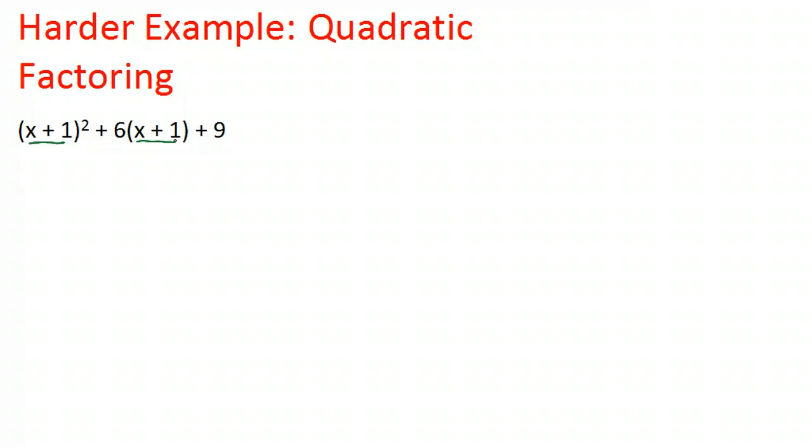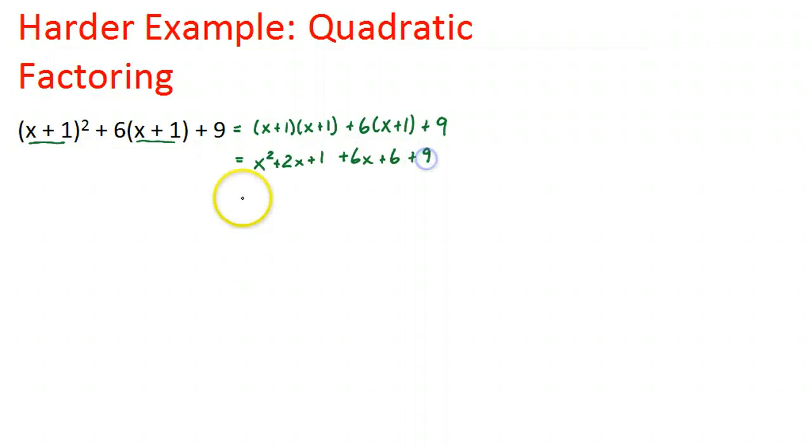However, let's say I didn't make that observation. Let's just see if there's another way to do this. One way to do this is to initially expand and then simplify. So (x + 1) times (x + 1) plus 6 times (x + 1) plus 9, which is going to give me x squared plus 2x plus 1 plus 6x plus 6 plus 9,